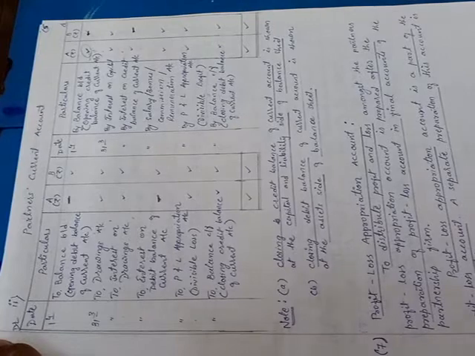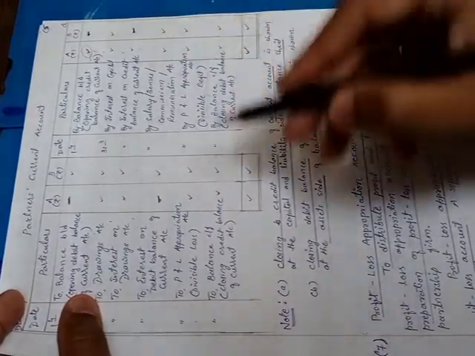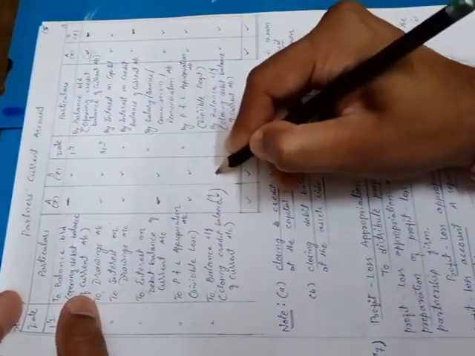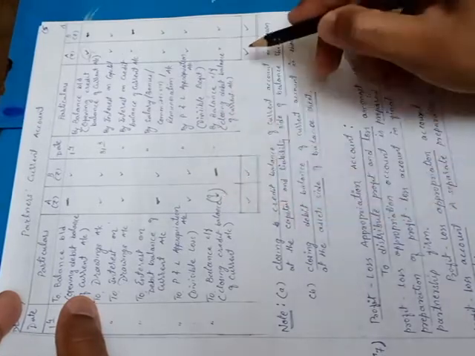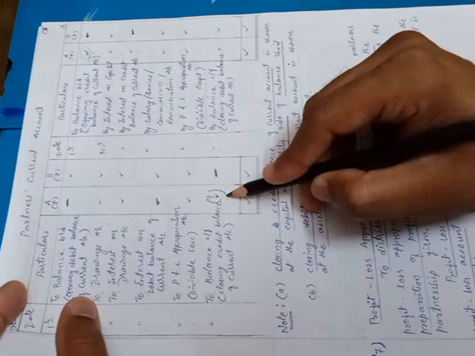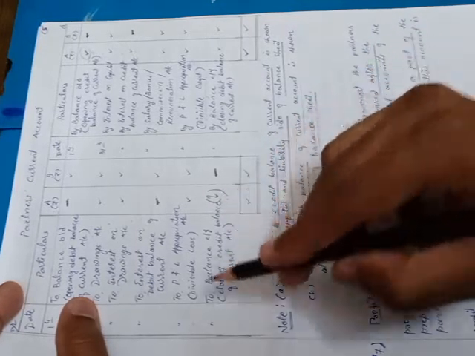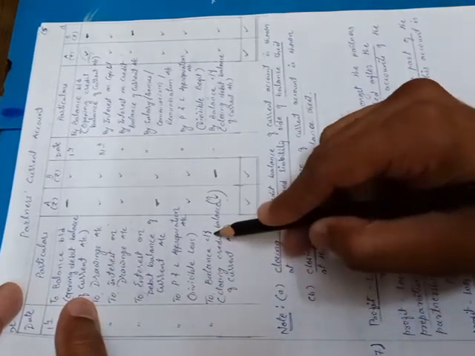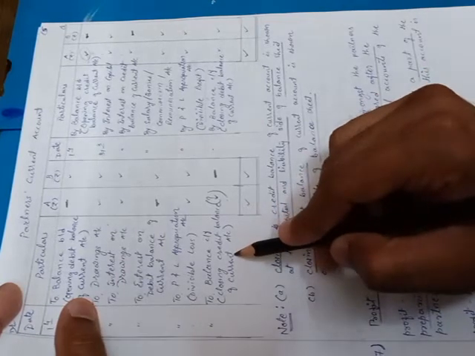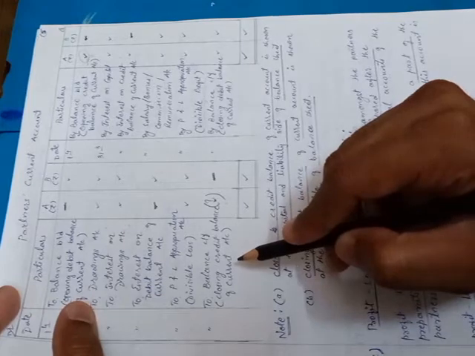Suppose for partner A, we assume that the credit side total is more. So the difference will be written on the debit side in partner A's column. Credit side total more means the difference is known as credit balance. This is called the closing credit balance of current account, which you have to record as balance carried forward. This credit balance of current account is recorded on the liabilities side of the balance sheet. This is an important thing.